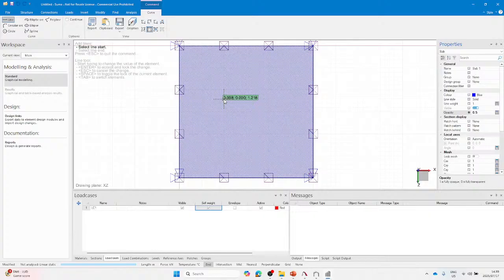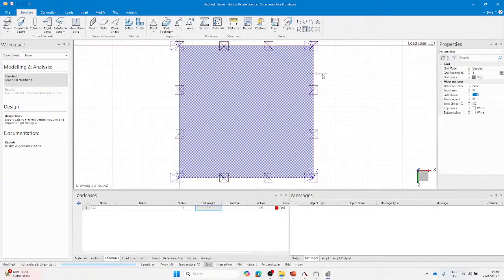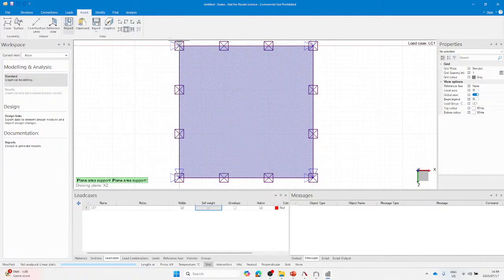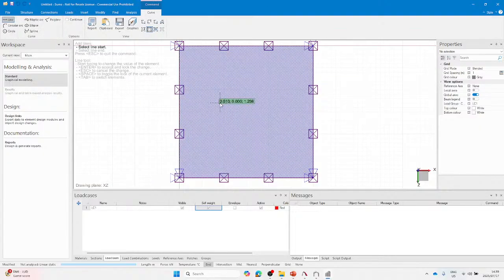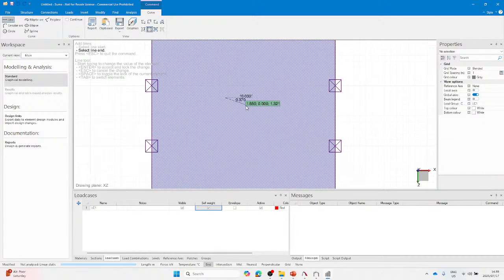So I will just go back to my analytic model, and I'll insert a curve, and I am going to define the coordinates where I want to start. Let me just start that again. So if I go back to insert curve, and I want to start from 1.2 in the x direction, then 0 in the y direction, and then 1.2 in the z direction. If I press enter, you will see if I move my mouse, it will show me that is where I'm beginning,